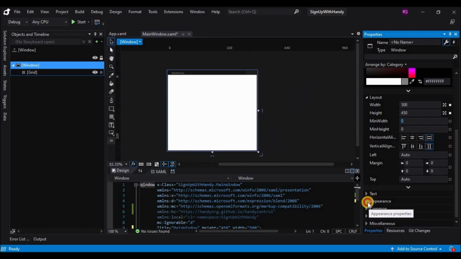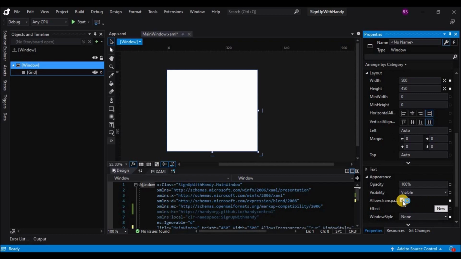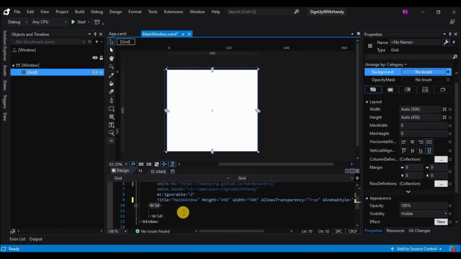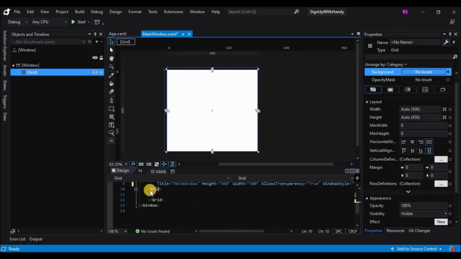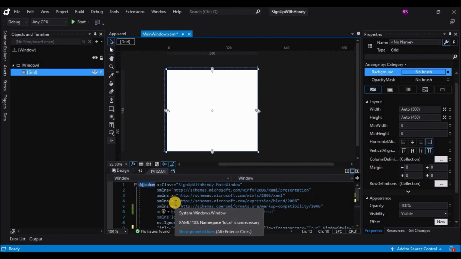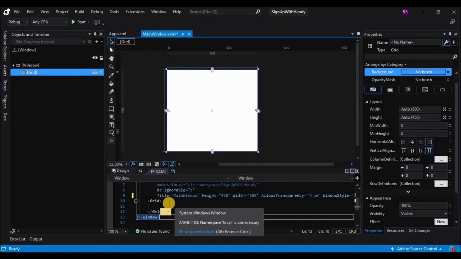So let's start with changing the width and height of the main window. I have set it as 500 width and height as 450. I have checked the allow transparency checkbox. I want the window to have rounded edges. So what I will do is enclose the grid with a border.